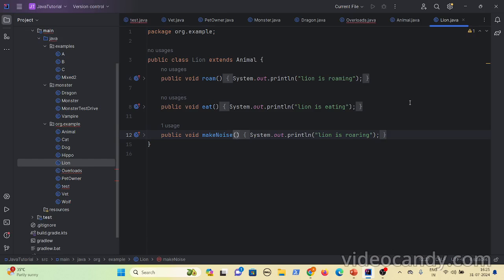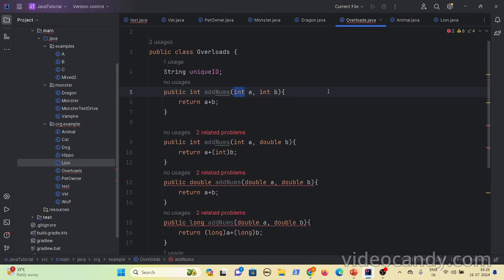Method overriding happens between the superclass and the subclass, like between the parent and the child classes. In the parent you have some implementation, and you want your own specific implementation for your subclasses, so you override that method. And method overloading is when, in the same class, you have the same method which accepts a different number of parameters or different types of parameters.